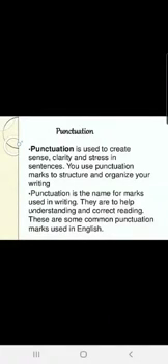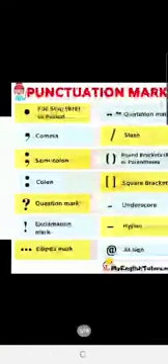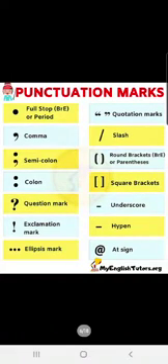They are to help understanding and correct reading. There are some common punctuation marks used in English. See children, you can see there are so many punctuation marks in front of you. You have a full stop. Children, a full stop is also known as period, comma, semicolon, colon, question mark, exclamation mark, ellipsis mark, quotation, slash, brackets, square brackets, underscore, hyphen, at sign, or we even call it nowadays at the rate, right?